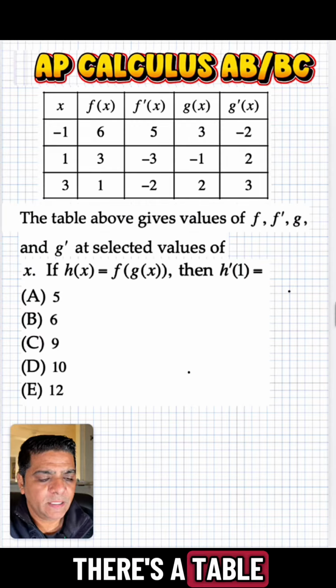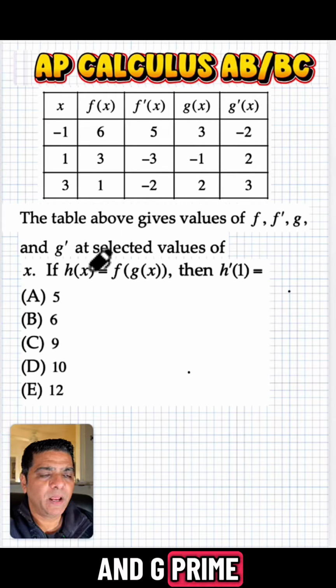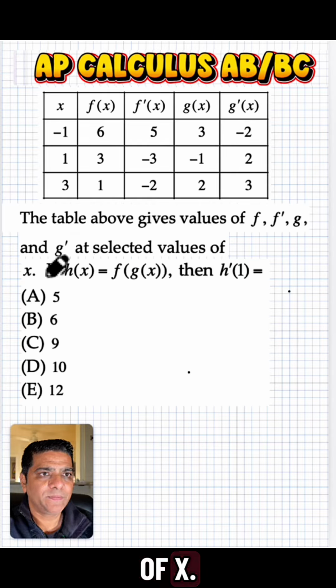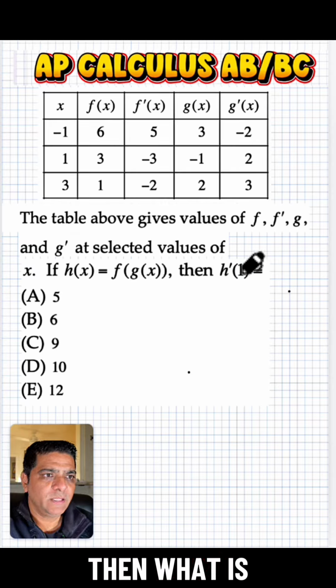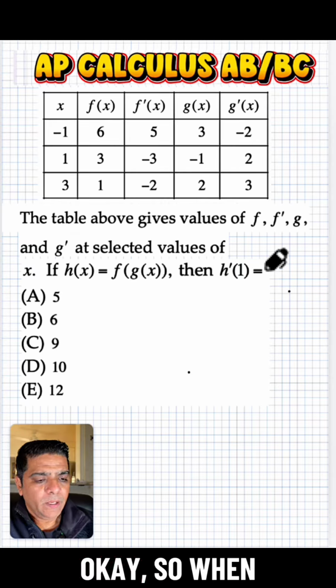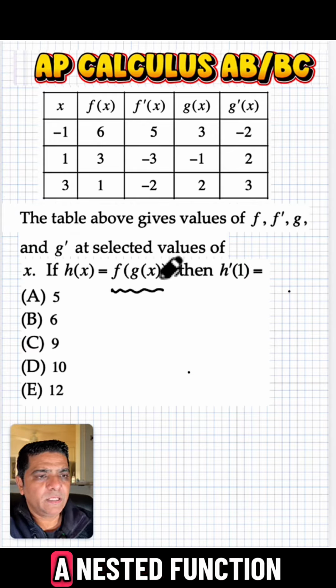So what we have here is a table that's given values of f, f prime, g, and g prime at selected values of x. If h of x is given to be f of g of x, then what is h prime of 1? Okay, so when we see this kind of a composite function, which is a nested function